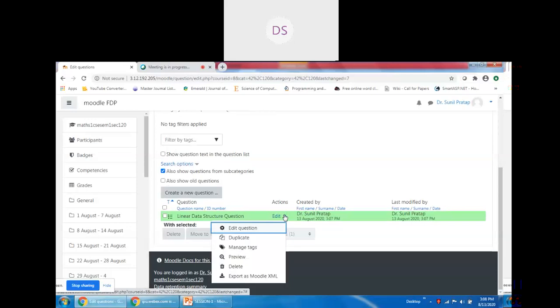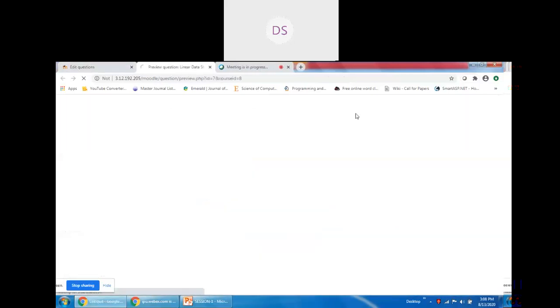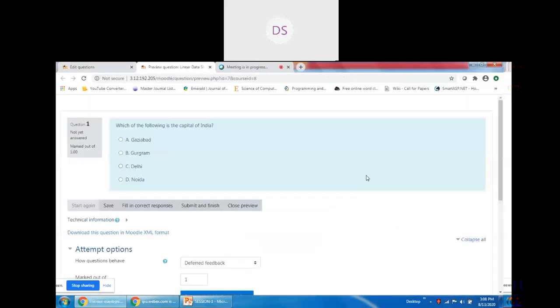While clicking on this edit button, we have the option to preview the question. So now see, which of the following is the capital of India? This was our question. The options were A, B, C, D.